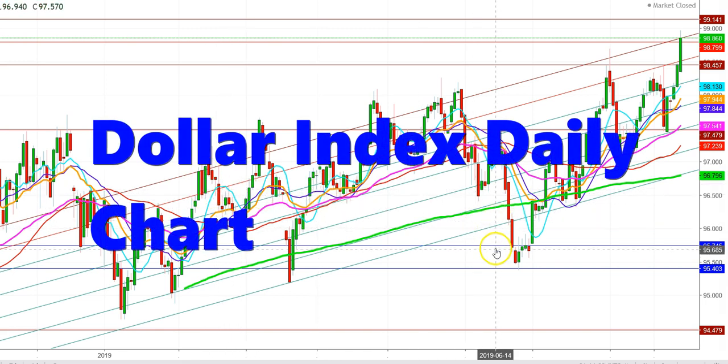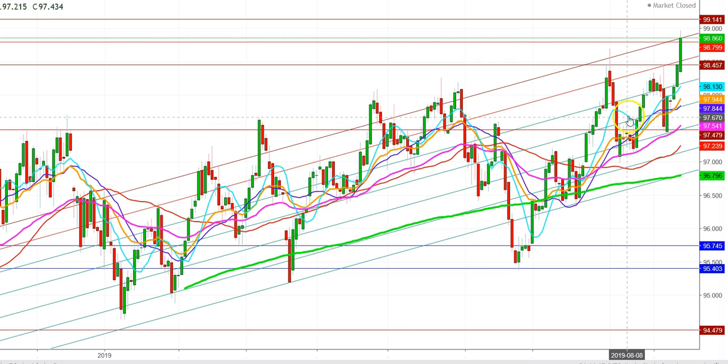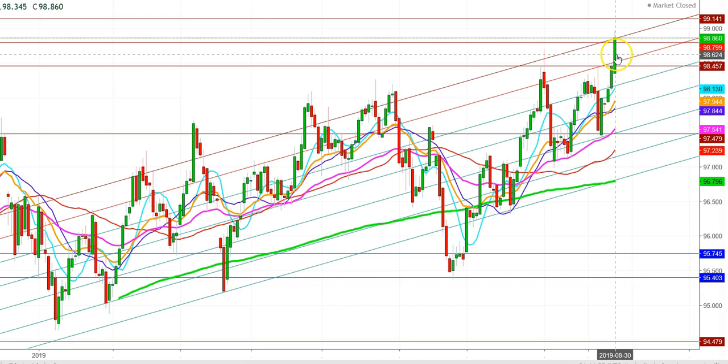Friends, here you can see that in a daily chart, the dollar index has reached up to the level of 98.86, where I find that the dollar index has attained the highest position where it has started to face stiff resistance. We will find a heavy sell-off in the dollar during the upcoming week, because currently the dollar index has reached overbought territory, where I find escalation of the tariff trade war between the United States and China. The dollar index has attained the highest position.